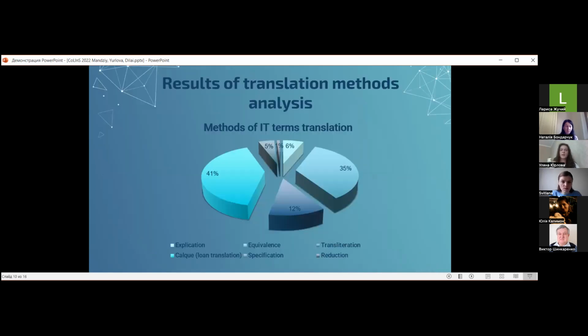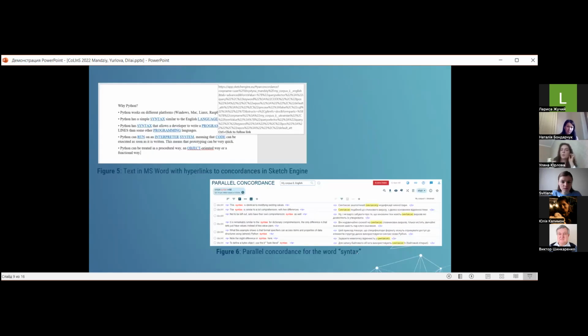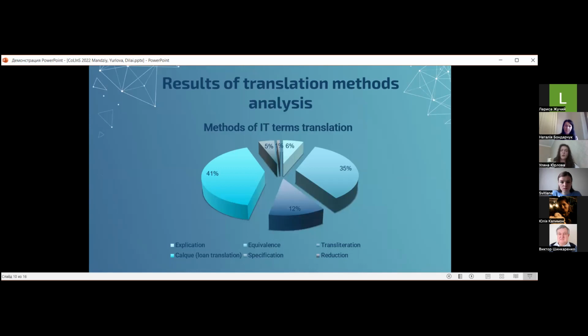So the created macro gives access to parallel concordances for words directly from the Microsoft Word editor, and this program significantly saves time when working with the text. By opening the concordance in Sketch Engine, the user can quickly get acquainted with the context of term usage and possible translation options. We have also analyzed 205 IT terms in English and their translations into Ukrainian in terms of